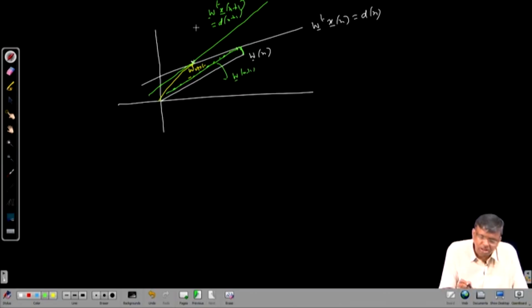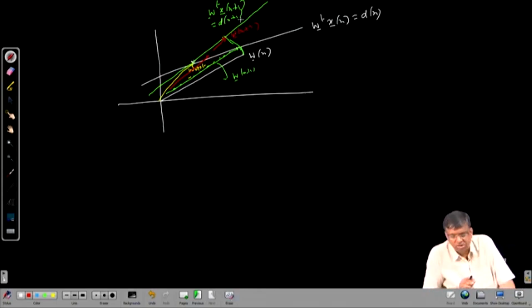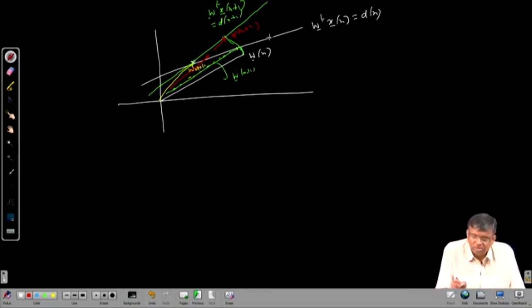Again project it on the next line. Corresponding vector we call W n plus 2 and so on and so forth. This is repetition of the old story. Now, suppose these two lines, this white and green, one for nth clock, another for n plus 1th clock, they are